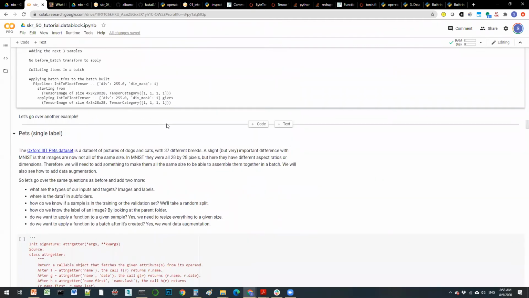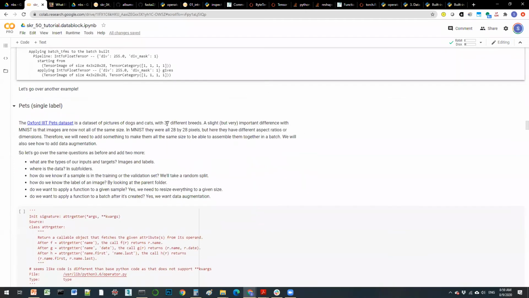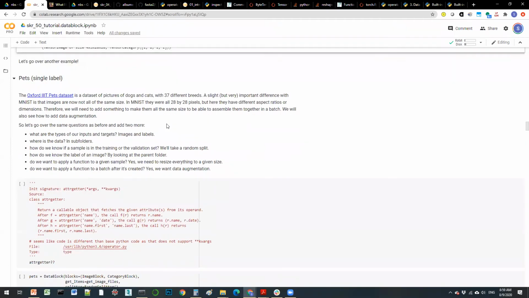And basically it's very flexible, but at the same time, it doesn't need the level of detail that you would need if you were to go bottom up. This data block API, the mid-level API, as he calls it, didn't exist in FastAI version 1. So you either had to do everything bottom up, or you were stuck with a very high level usage, which provided all the capabilities, but took away a lot of the flexibility. So this mid-level gives you most of the flexibility, with also the capability to reuse a bunch of stuff. So moving on,